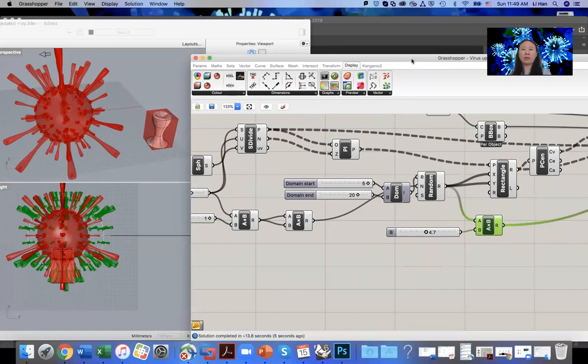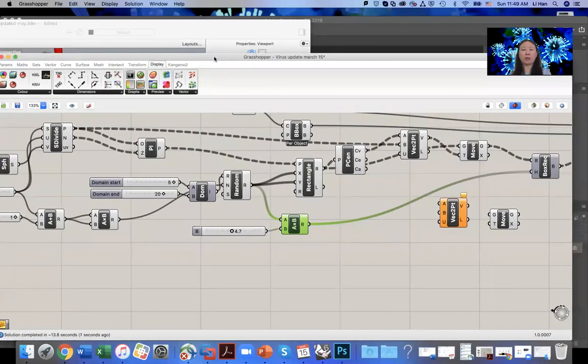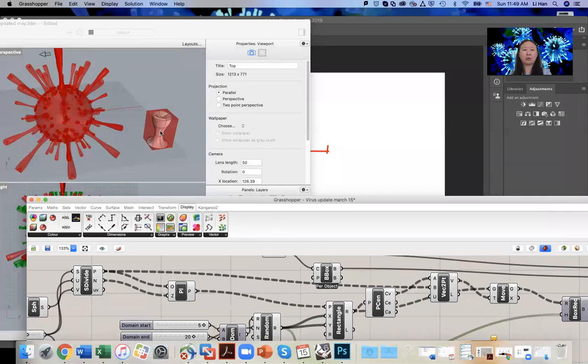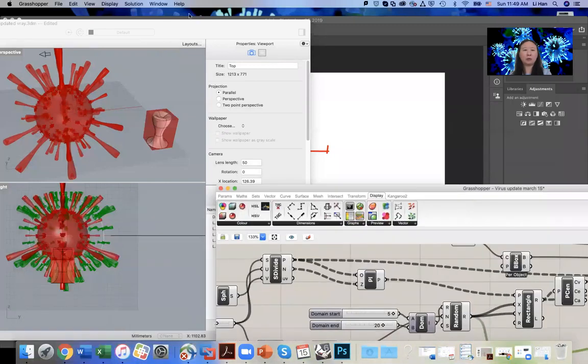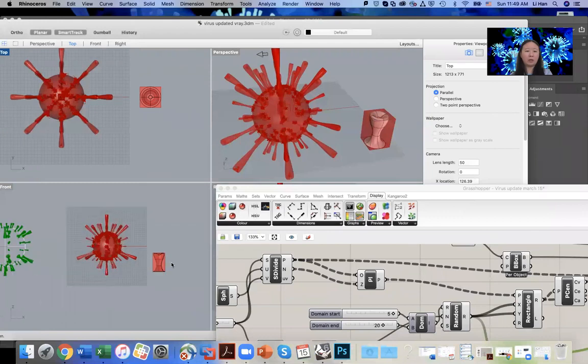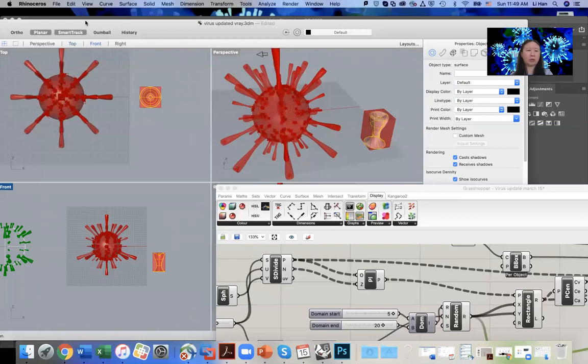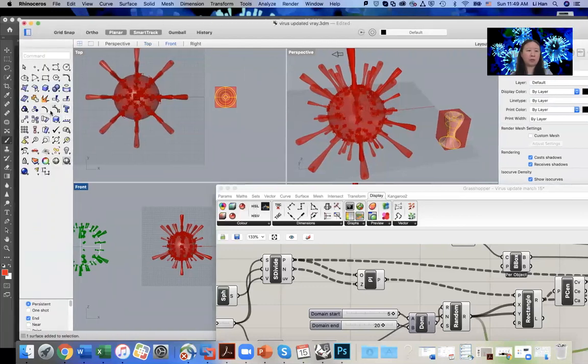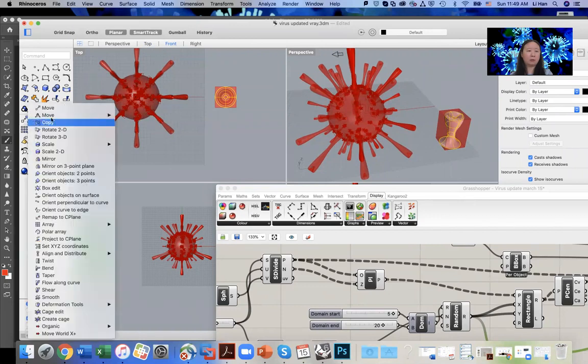So that's basically this file that you can all play with, and then you create your own shape. You have to remember the shape has to be perpendicular at this view, the front view. So if you rotate this shape into a different direction, it would not be correct. For example, if I rotate this one,